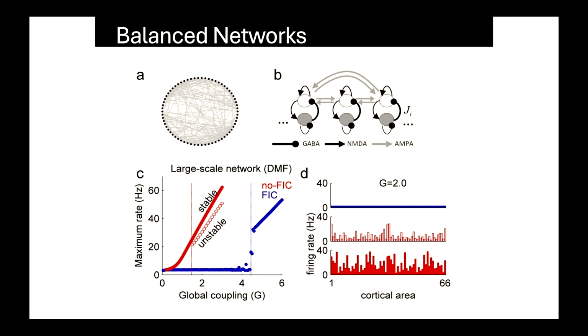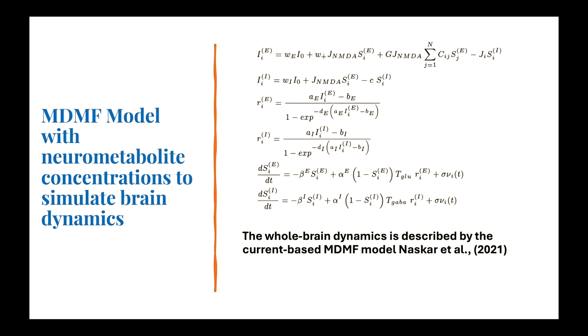When it is in the balanced state, you can produce very interesting dynamics, where half of the time, with coupling strength varying between 0 to 4, it can stay in this low mode, the low attractor solution or fixed point attractor solution, where you get a very boring firing rate of around 3 to 4 hertz, and then you get a very high firing rate when you go into an unstable regime. Okay? So, these dynamics prompted us to develop this model by one of the postdocs in the lab,